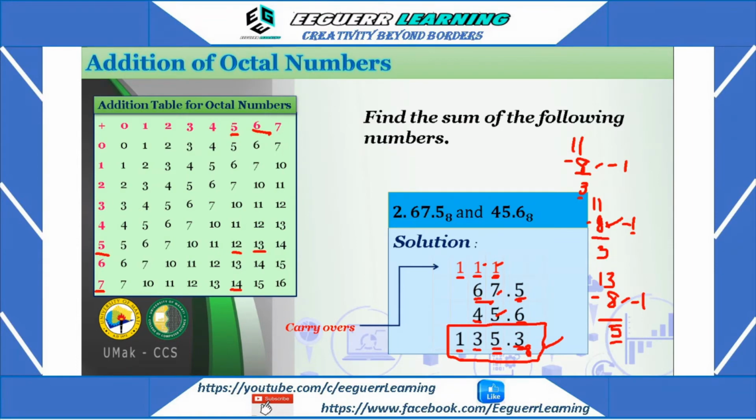Then look for the 6 and 4 in our table, and look at the result, which is 12. 12 plus 1 will give us 13, and carry 1, then bring down 1. So we still have the same answer by applying two different methods. Okay, so next,